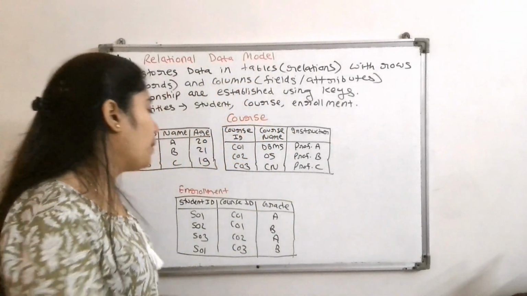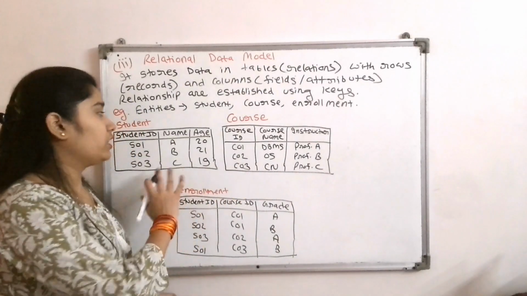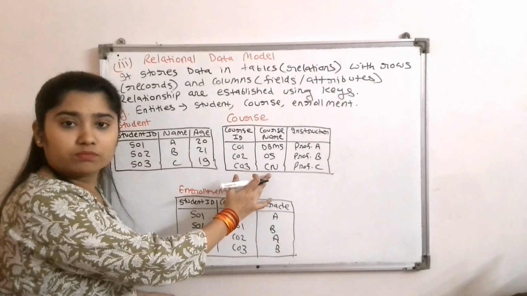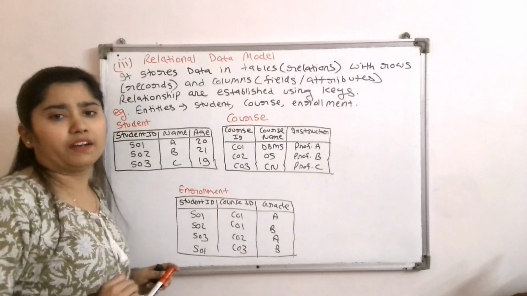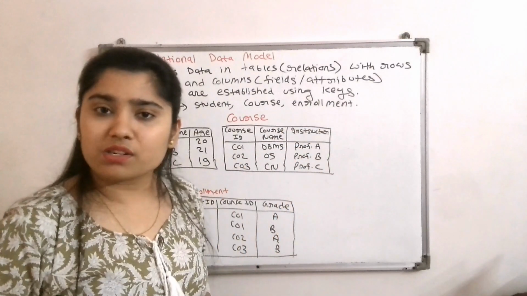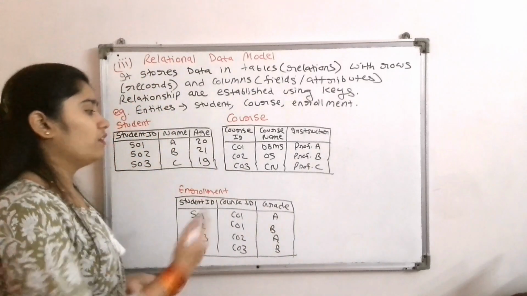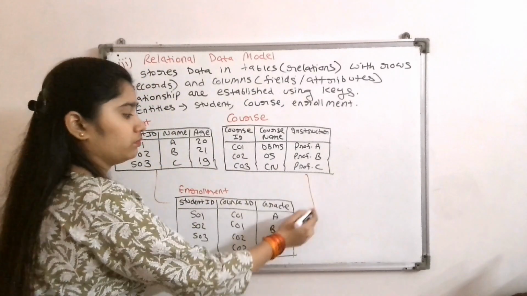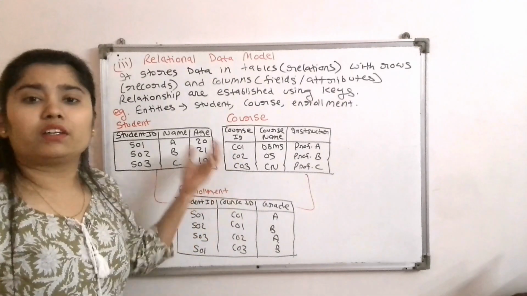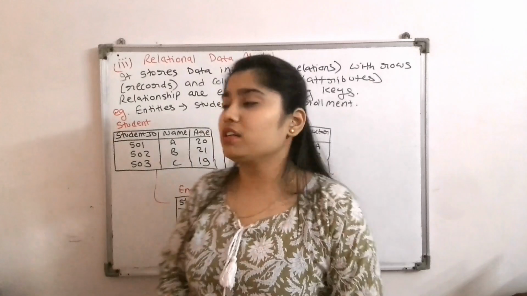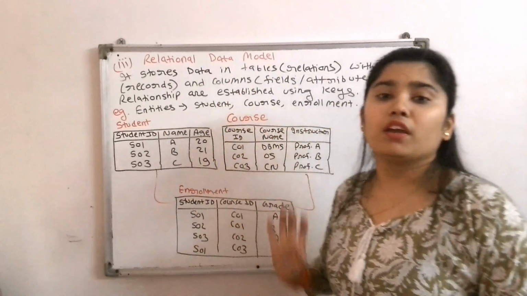See, here we have the many-to-many relationship between the student and the course, and this relationship is handled by the enrollment table. In hierarchical and network models, we draw the tree-like structure. We do not need to draw it here. We can just join it like this. Now see, here we do not need to write the whole table. We can just take the information whatever we need.